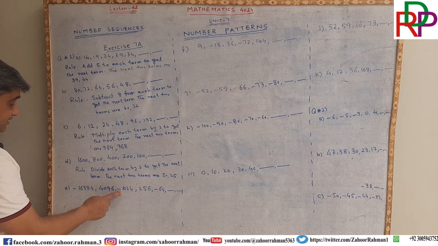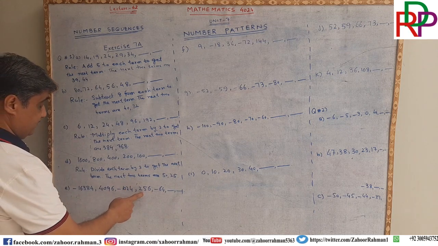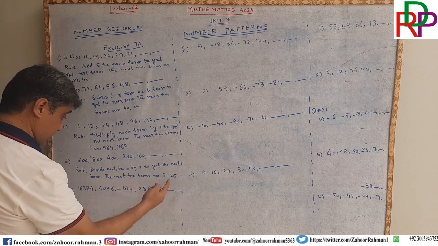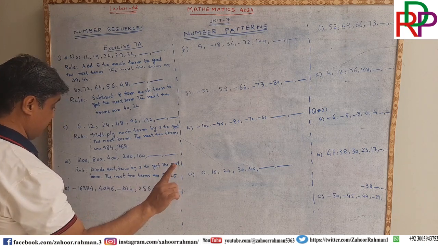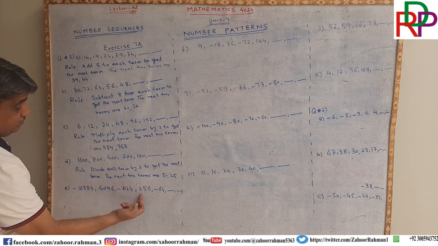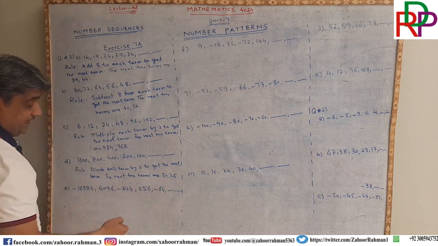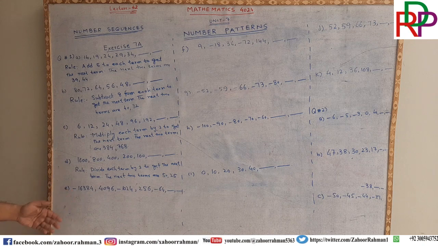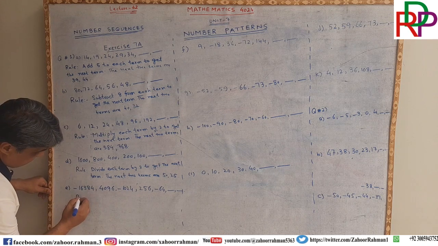The next one is negative, the next one is positive, the next one is negative, so the next term will be a positive one, and then the next term will be negative, then positive, negative, positive, negative. How will we get it? You have to take a look. How can we get this? By dividing by -4. So the rule is